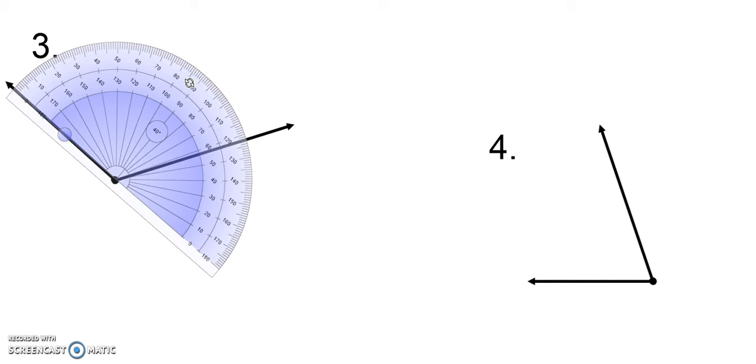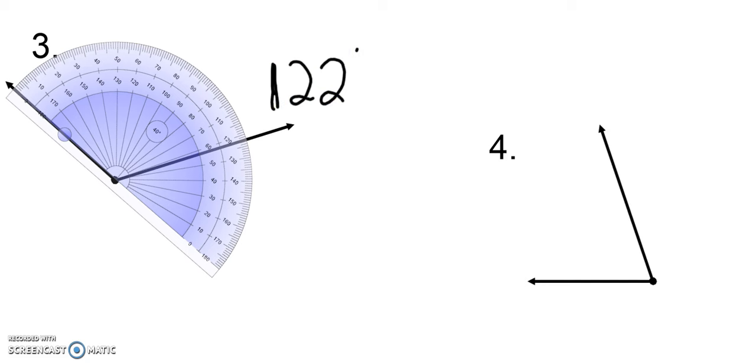So we have the cross section down here, and it lines up at 0 degrees. Now be careful. This time, my 0 degrees is on the outer set of numbers. So this time I'm going to follow the outer numbers. If I follow it all the way around outside, it is approximately 122 degrees,